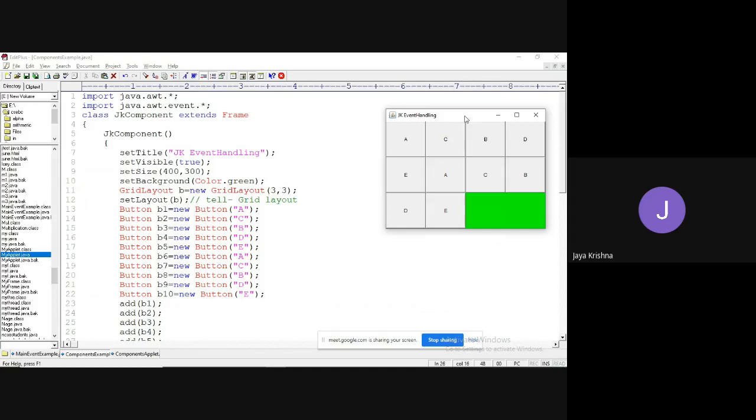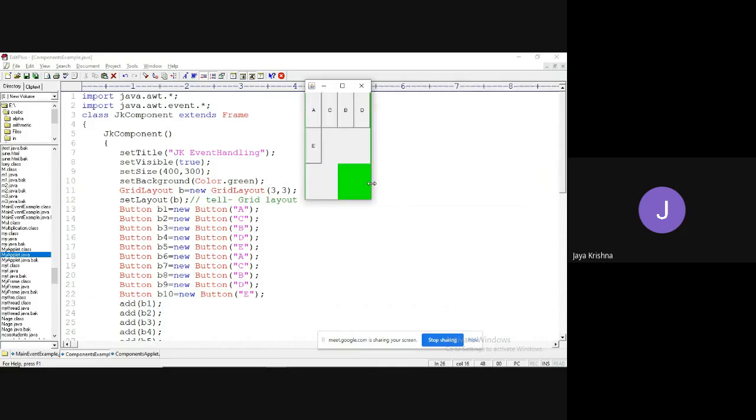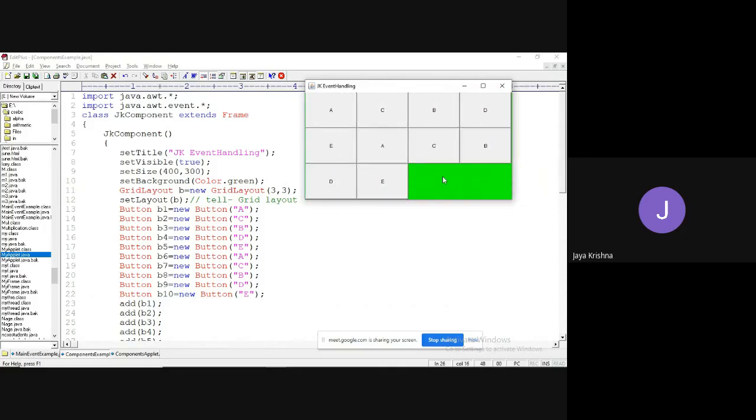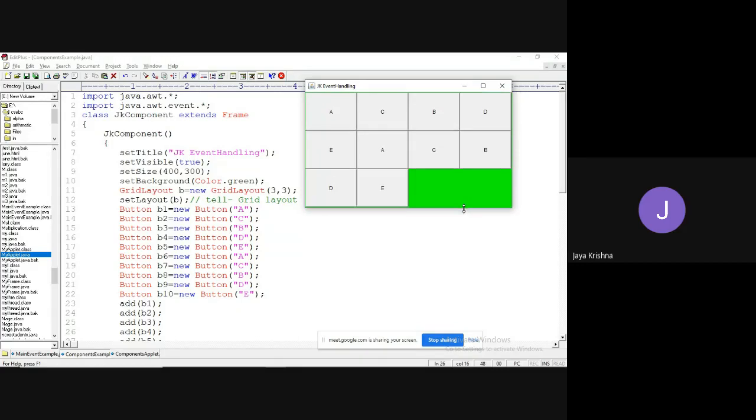Here I can add 3 columns. Why is it getting like this?